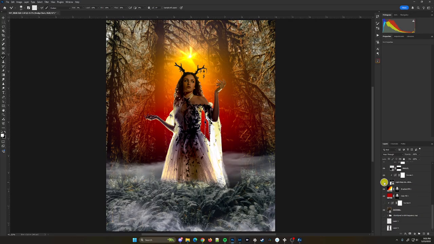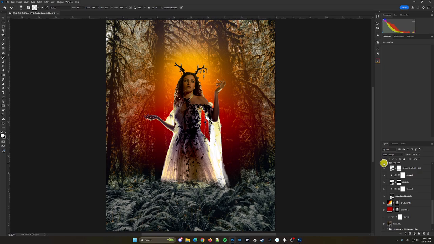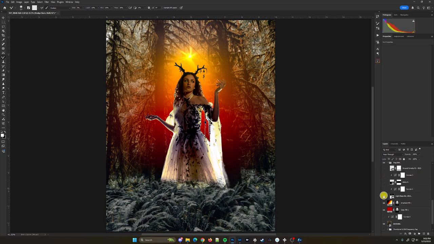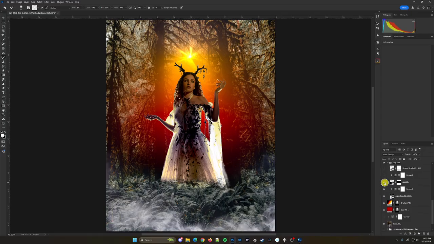I added some light, light rays, and wow, that just popped a whole bunch of stuff. Oh, I turned on the fog mist layer. That's why. So now if I turn these off, right? So add the light ray above her head to kind of pop that up. Add a little bit of curve just to make it burst a little more.